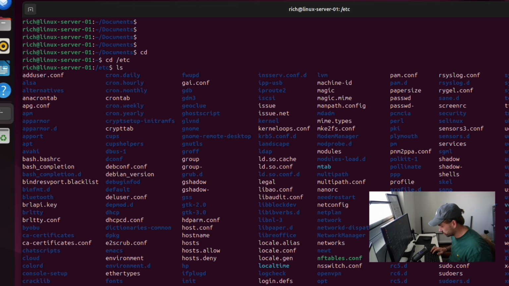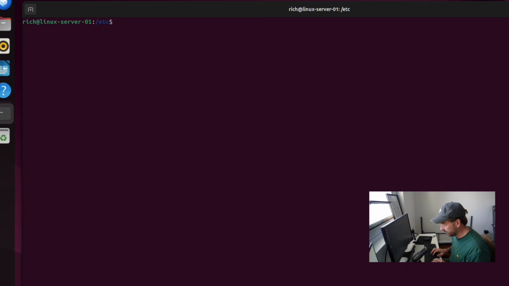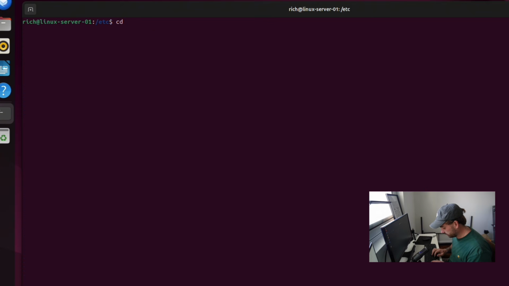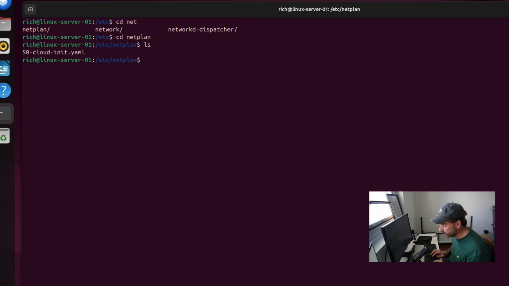So if we Control L out of there, and we stay in the etc, there we go, we're in etc, we're actually going to look for the netplan. Now we can do this by listing everything, and we can see we've got netplan here. So if we Control L out of that and we go cd, it gives us a few options. If we press tab, we go netplan, ls, and we've got a YAML file here which is looking like